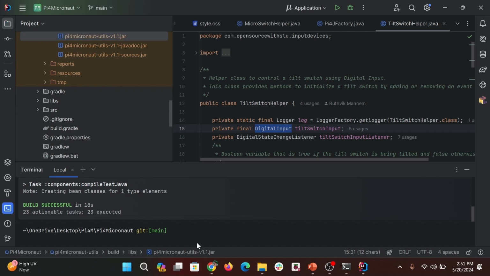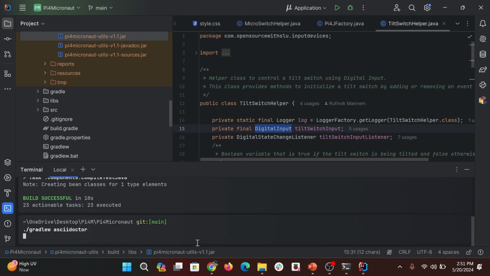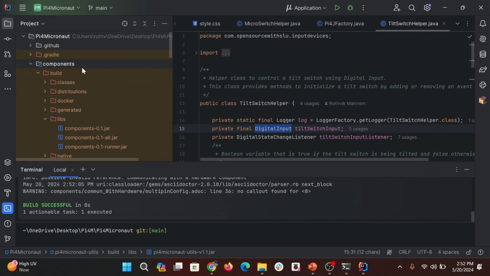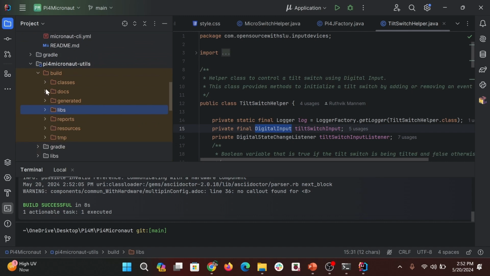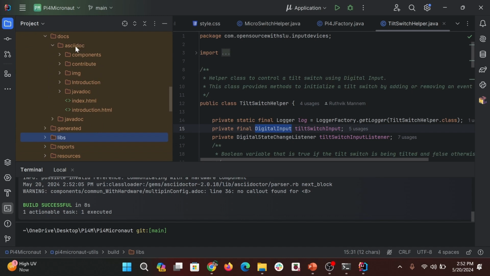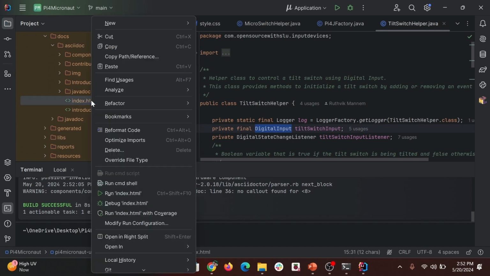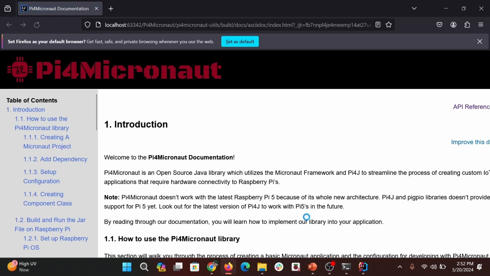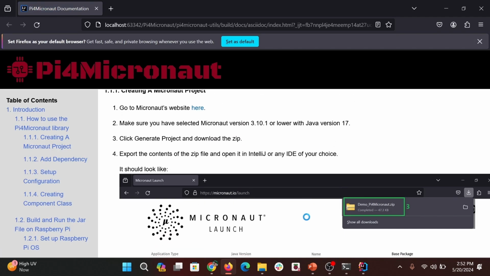And how you can build the ASCII doc, we have a command called gradle w asciidoctor. You can find it under, yeah, you can see the docs here. This is what we built right now, the ASCII docs. You can open this in the browser to locally test the documentation,